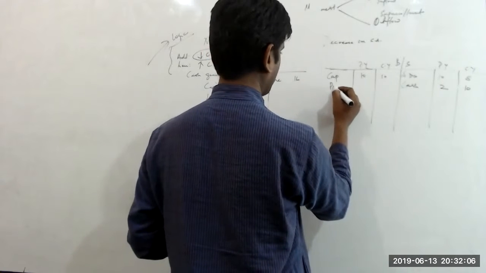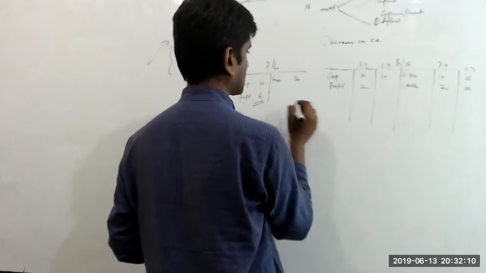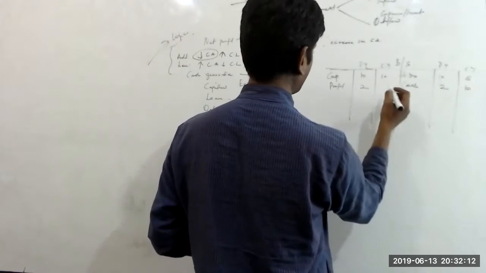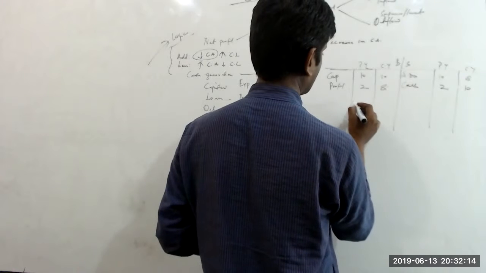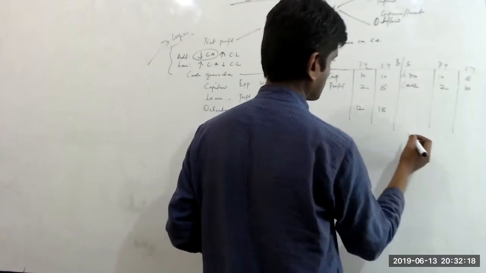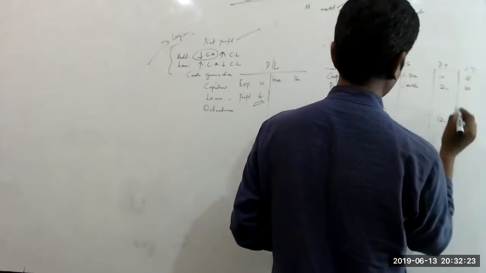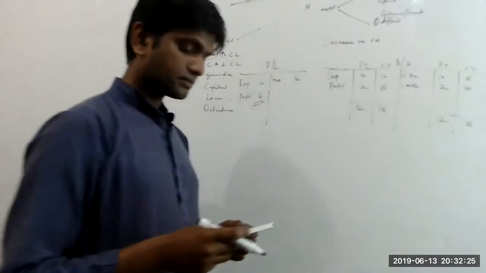And then there is a profit. Last year profit was 2 lakhs. So now I have got 6 lakhs. So that's an accumulated profit of 8 lakhs. So the total is 12 lakhs, 18 lakhs, 12 and 18 lakhs. Okay. So now,